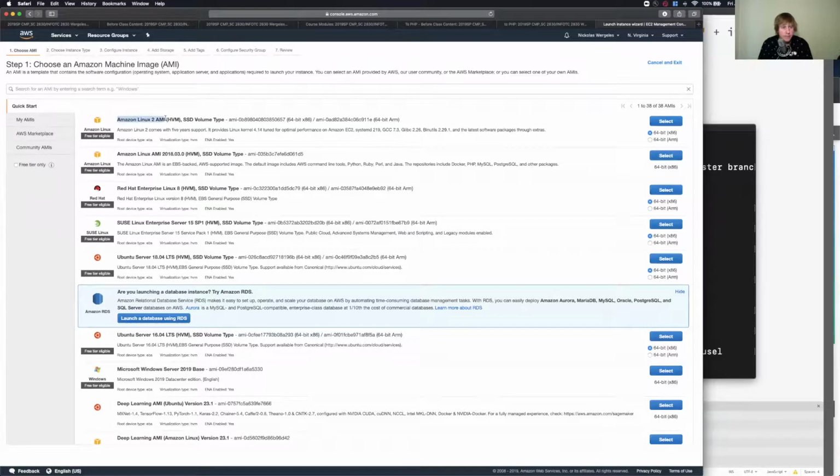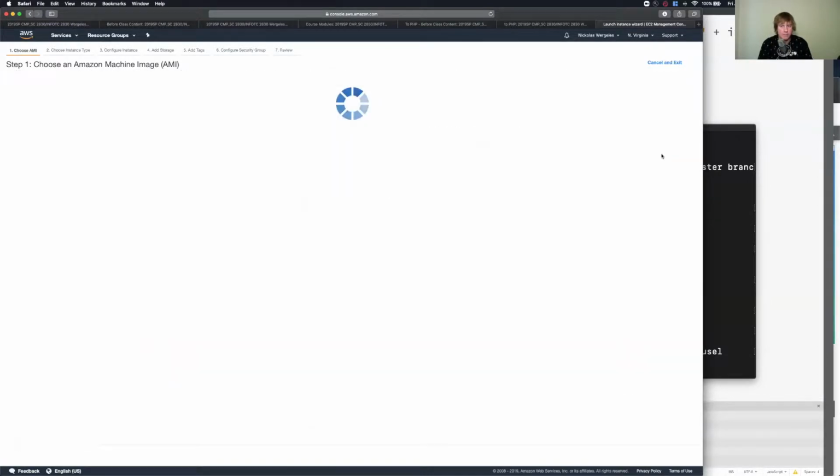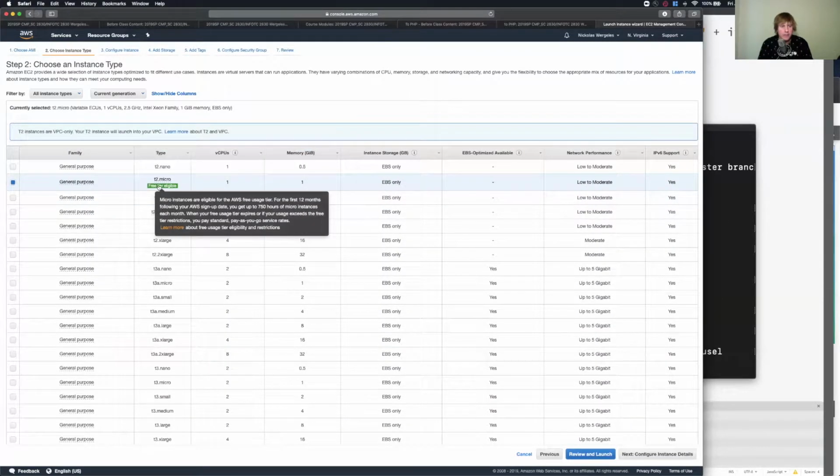And they have two different types. They have Amazon Linux 2 and just Amazon Linux. Now, I'm going to stick with the first version here, and this is where a lot of students mess up. They select the second version. They can't do what I'm doing. They run into problems. Make sure you use the Linux 1 version. So I'm going to select that over here, and we're going to be in our free tier, especially if you